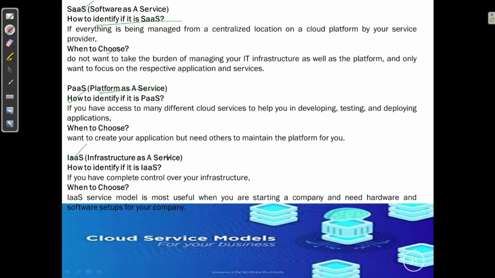So it is basically opted for when there is a company looking for hardware and software, and they don't have that much budget to invest, and they don't have that much time to procure all the hardware and set up the data center. In that case they can go for IaaS.